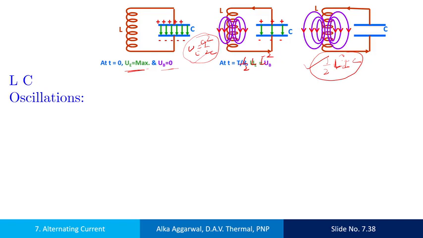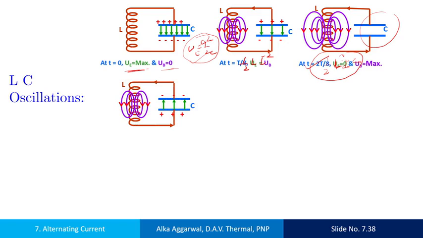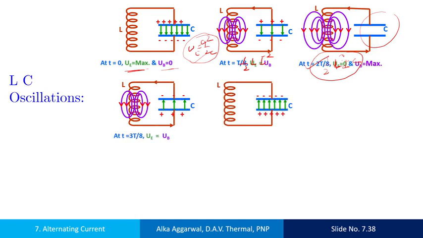The capacitor now has no charge and hence no energy. The current now starts charging the capacitor. This process continues till the capacitor is fully charged. Now, it is charged with the polarity opposite to the initial state. Here, the lower plate has a positive charge and initially the upper plate had a positive charge. The whole process just described will now repeat itself till the system reverts to its original state.